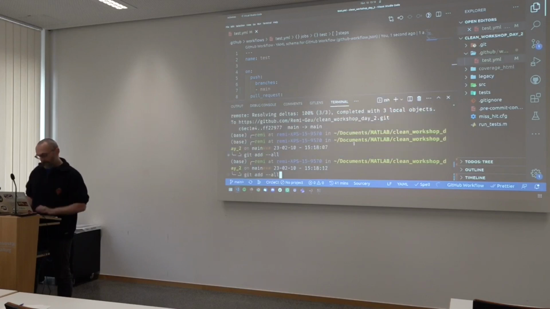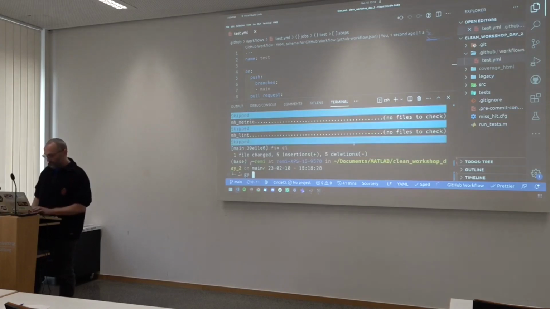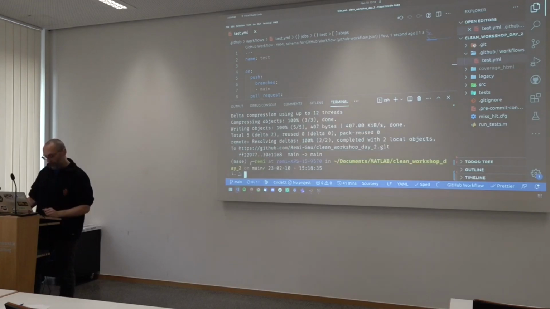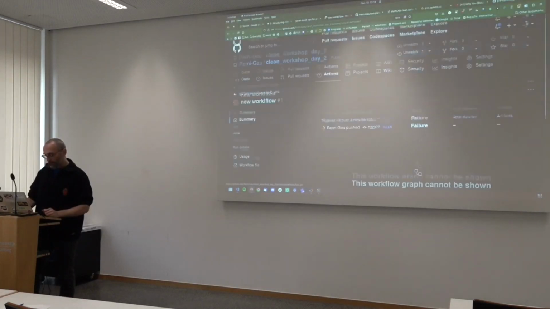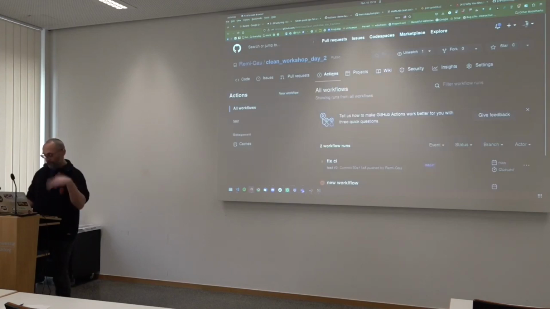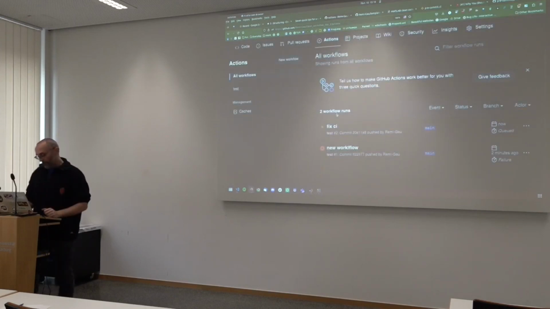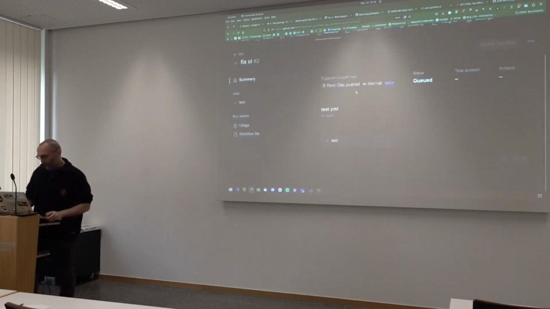Okay, that is definitely one thing that is annoying about debugging continuous integration, is that it is a bit of a slow thing, because you always need to send the command to GitHub, wait for it to execute and see what went wrong. Yes, so now it's running. I don't know what I changed, I made it work. Honestly, it's one of those where you just say, I don't know what happened.